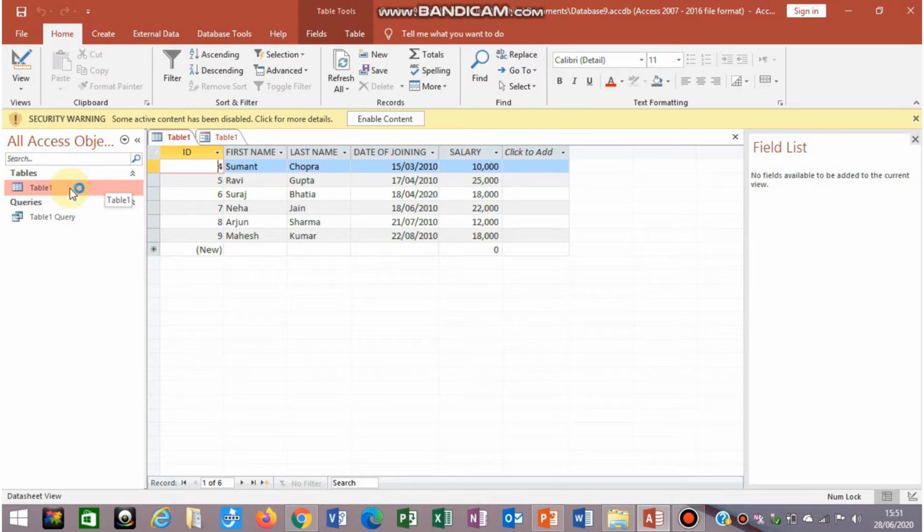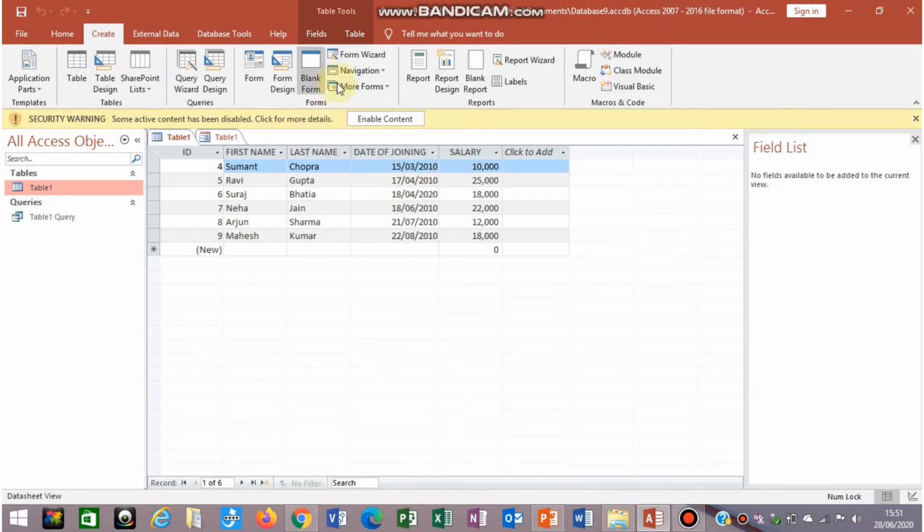Then similarly click on the table for which you want to create a form in the navigation bar. As soon as you click on that table, you have to move again inside the Create tab, under the Forms section.